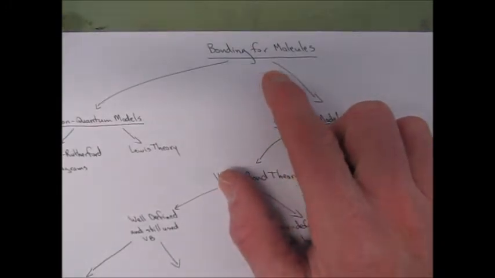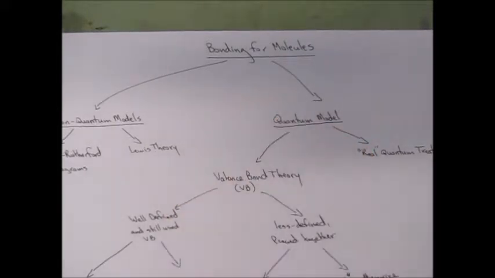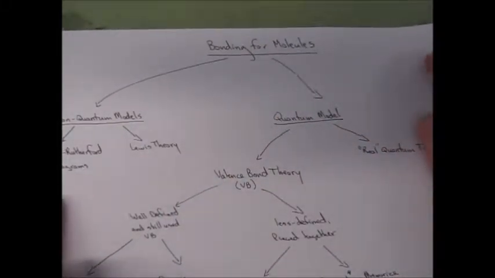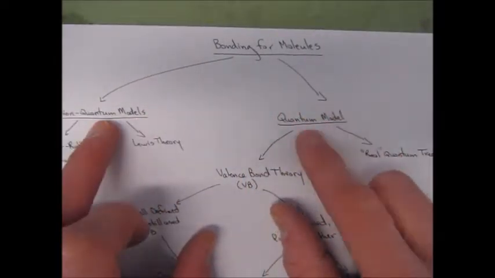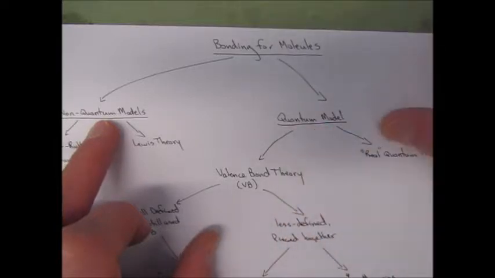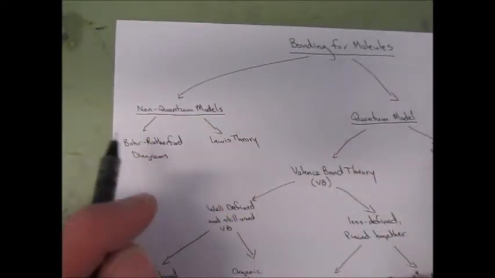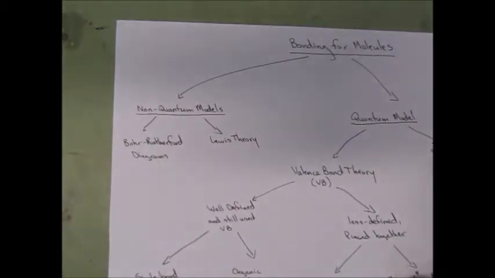So we finished the quantum mechanical model. This chart is actually a pretty good idea. First time using it, I didn't bother typing it, just left it in handwriting. So you can break this into two categories: the quantum mechanical model versus the non-quantum mechanical model. So over here, I can draw a couple of quick examples for this,